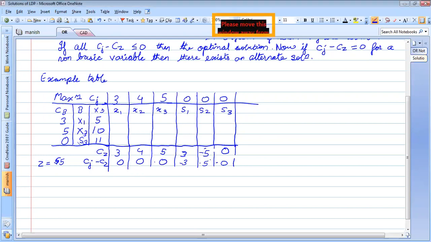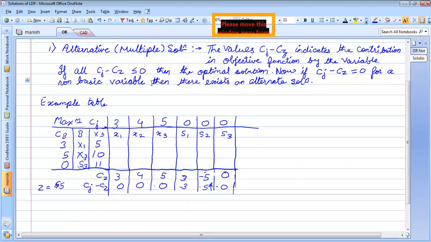So this will become our key column, isn't it? We have to solve this until all the Cj minus Zj values are 0 or less than 0. So please make sure that before jumping on to which type of solution it is, all the Cj minus Zj values are 0 or less. Then only you can say whether it is a unique solution or an alternate multiple solution. Any doubts up to this point? Now is it clear?